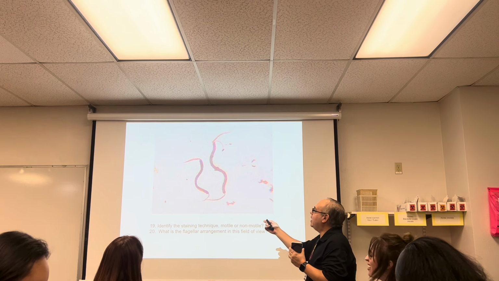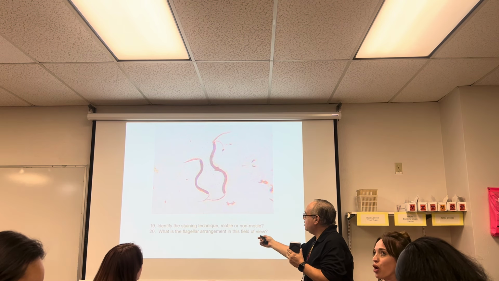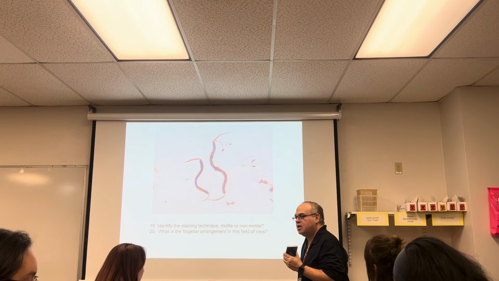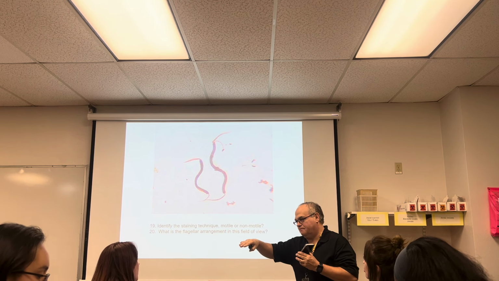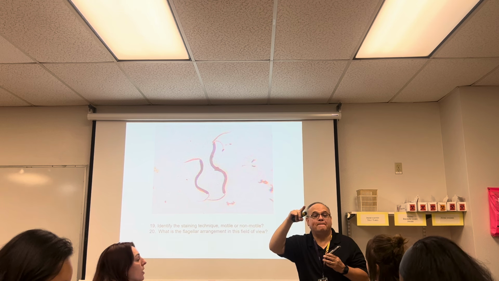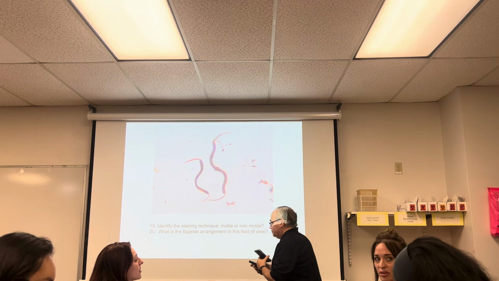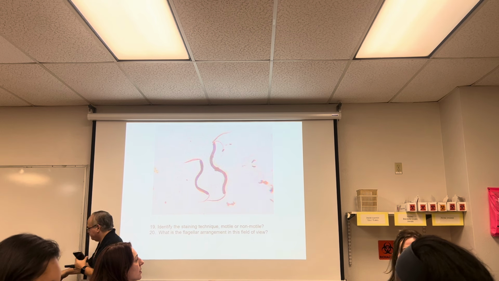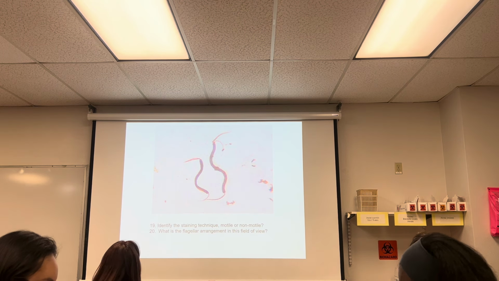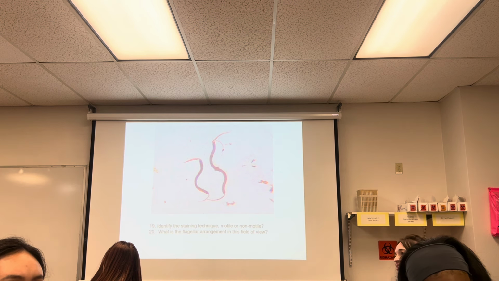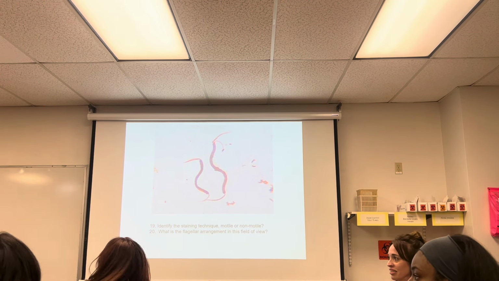Just because that's telling you what it truly is. One of them either broke off or it's behind here and we can't see it because we're only looking at one plane. Okay? Lophotrichous. You want to spell it? Lophotrichous. Can there be more than one at both ends? Yeah. I thought it was like one and one.